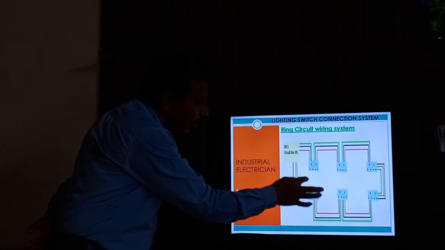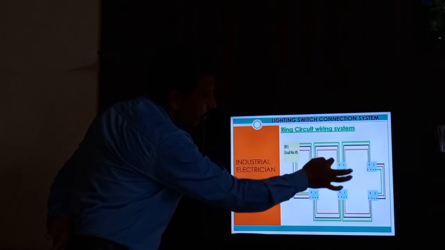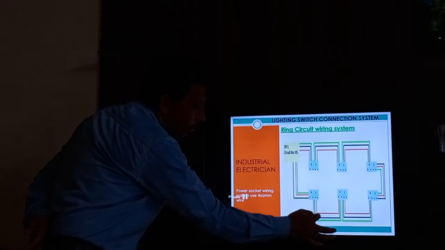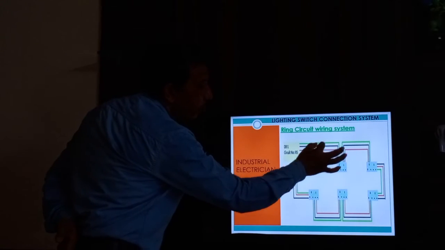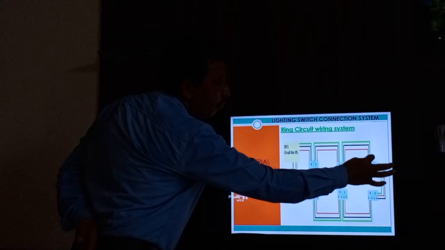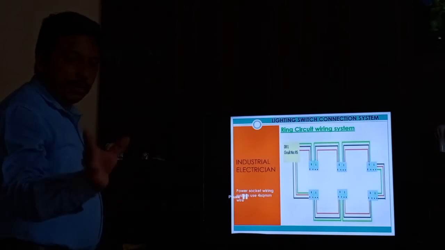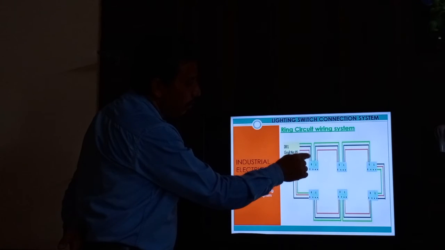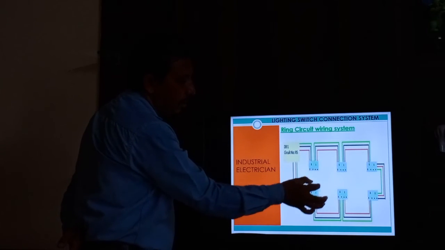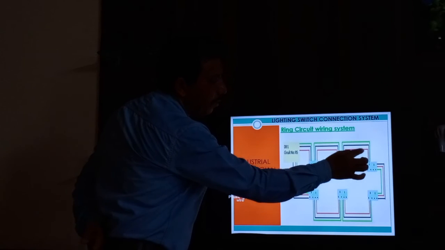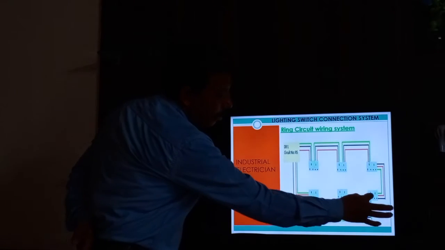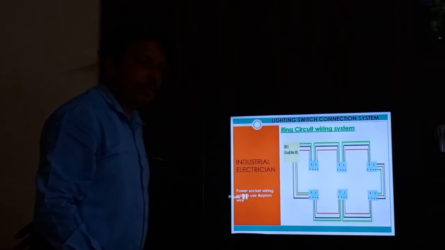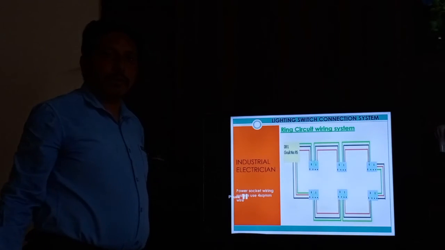This is the first point, this is the last point. Between the first point and last point, make the looping in 3 wires. You see there are 3 wires, 3 wires, 3 wires, 3 wires, so all are made with looping. Give the loop for all. So in each socket, how many wires are coming? Total 6 wires. 1, 2, 3, 1, 2, 3. Total 6 here, here also 6, here also 6, here also 6. This means this is the correct ring circuit.